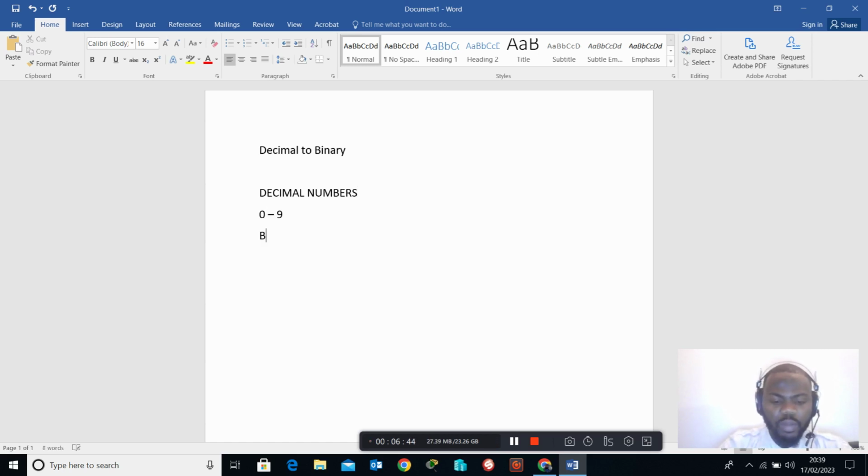So binary numbers are numbers from 0 to 1. From 0 to 1. Those are binary numbers. So examples of a decimal number are